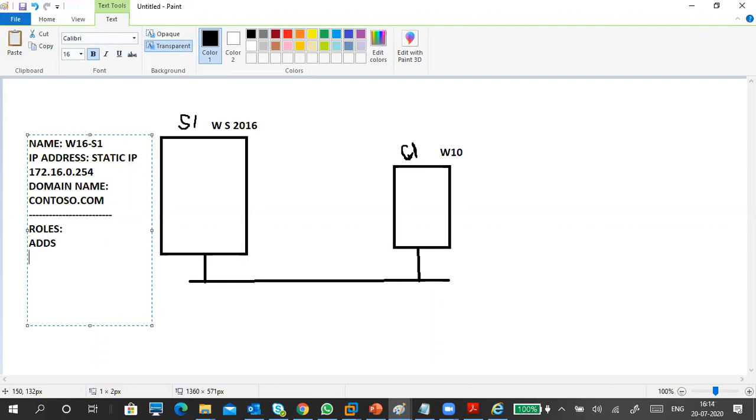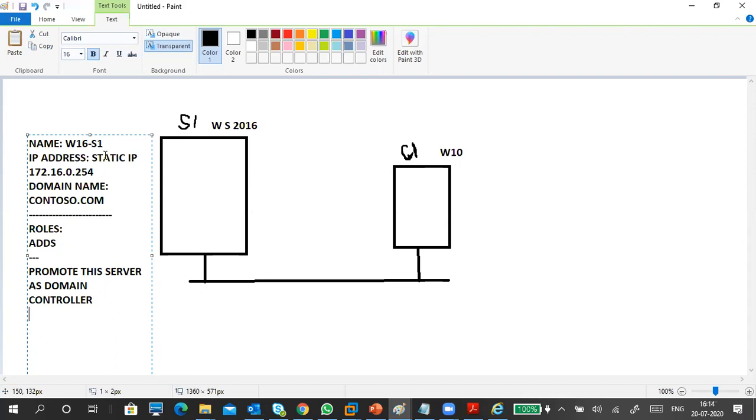Once the installation is completed, then we have to promote this server as a domain controller. We have to click on it, and a wizard will start. There we have to give the domain name and all that.